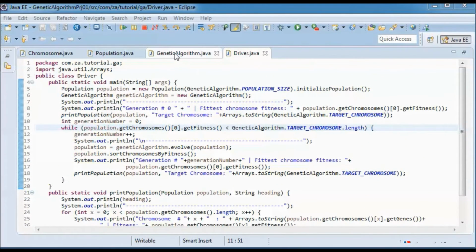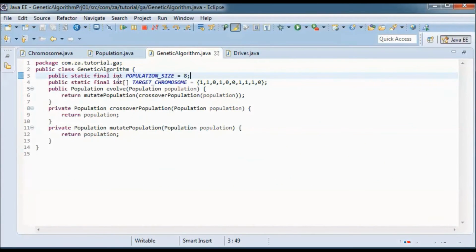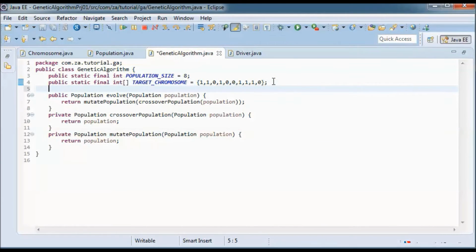Next, let's go to the genetic algorithm and define the number of elite chromosomes. Basically, elite chromosomes will not be subjected to a crossover or mutation from one generation to the next.